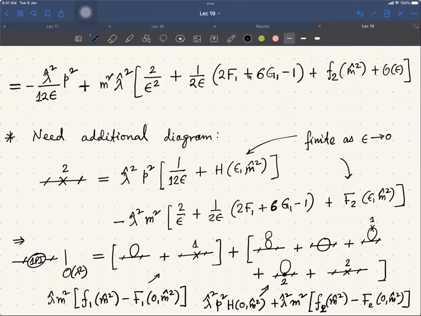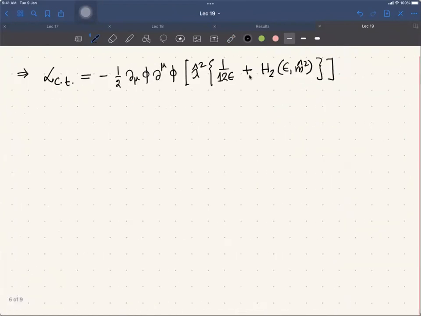Since it is at lambda square, let me call it h2 instead of h. And the mass counter term will be given by half m square phi square times lambda hat at order lambda hat. We earlier calculated it,